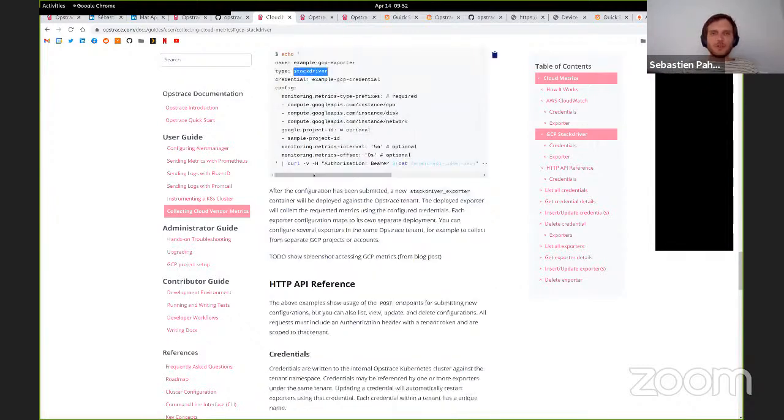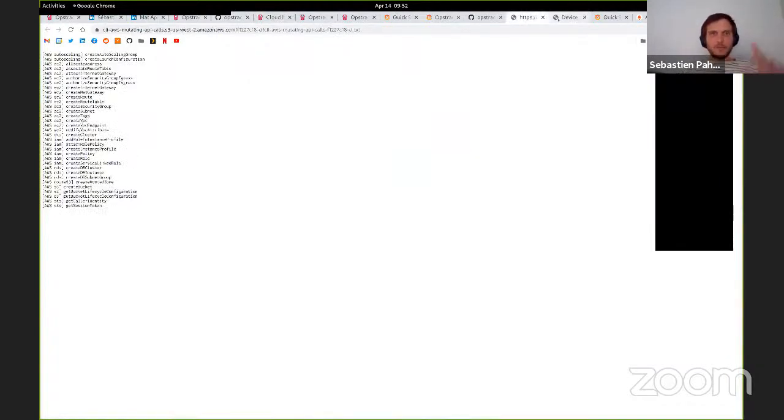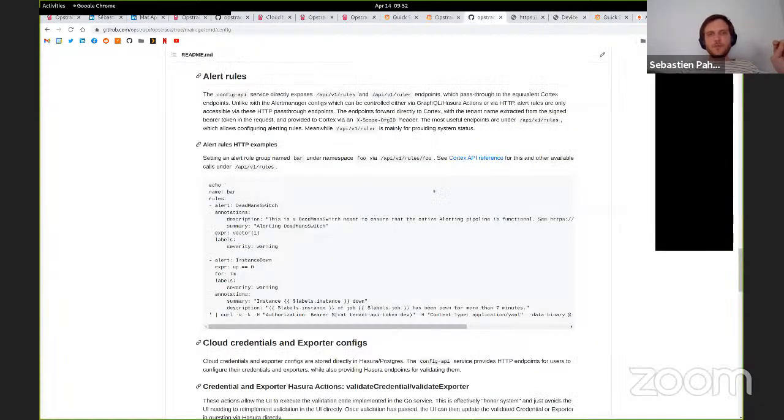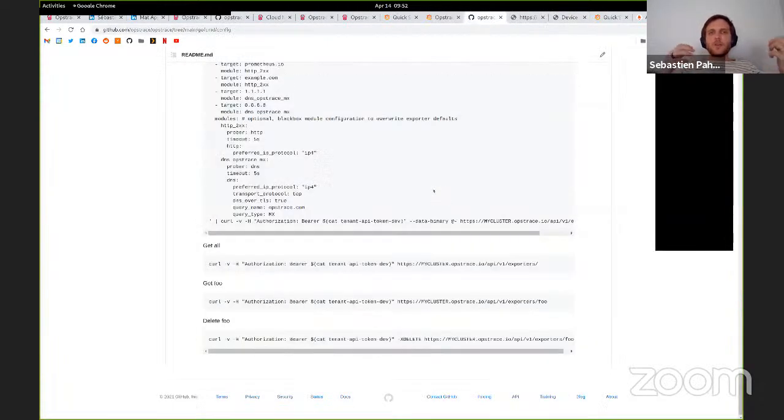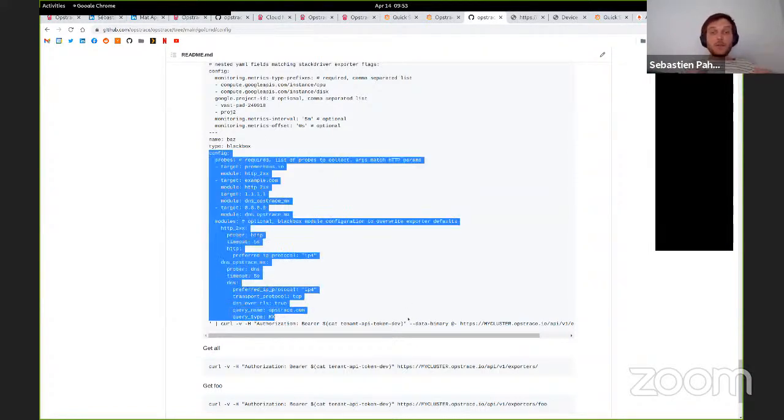Another example of an exporter that we don't even have docs for yet is, I think, the Blackbox Exporter. For those familiar with it, it's a way with Prometheus to do live HTTP, ping or DNS probes, checking if a DNS node still exists, checking if an HTTP server is still up. You configure it with this kind of configuration. You can look it up in the Blackbox Exporter documentation. We allow you to deploy as many instances of this exporter per tenant as you want, right?